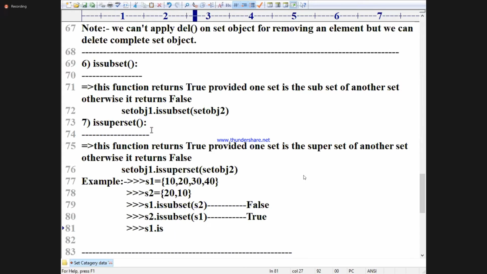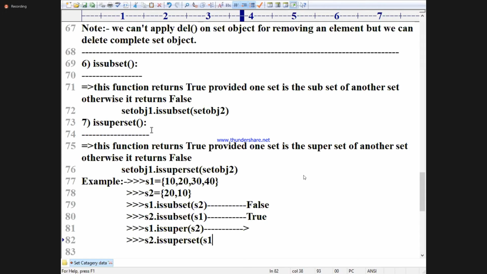S1 is a superset of S2. I'm just giving blank for you. You need to fill up that. S2 is superset of S1.